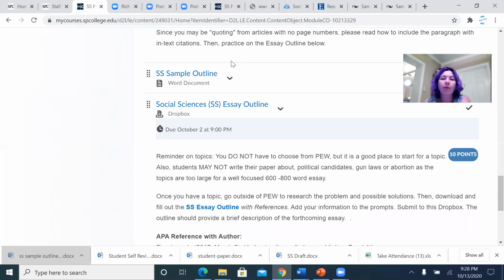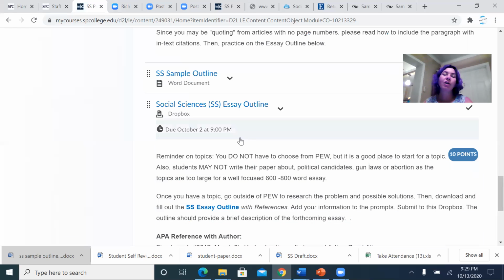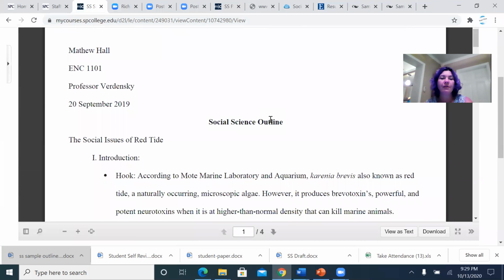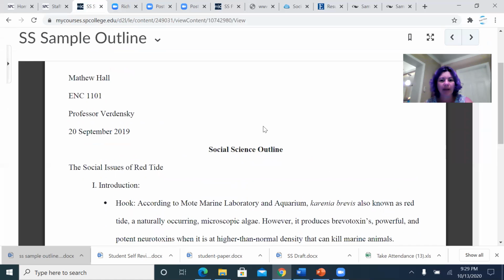After that, there was a sample outline that I provided for you that was a very detailed document. The expectations of this sample outline were to really make sure that students were well focused. Yes, there is this simplified outline template that you were encouraged to fill in for the assignment. I encouraged everyone to take it a step further to make sure that it was a focused argument. So I'm going to scroll through this example and really talk again a little bit about what was happening here.